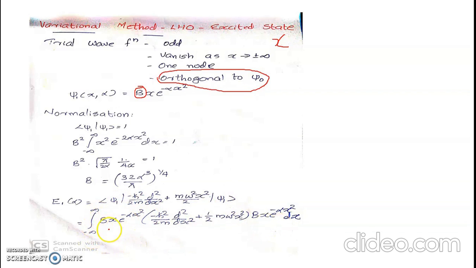Integral from minus infinity to infinity of psi1, b x e raised to minus alpha x square, Hamiltonian, b x e raised to minus alpha x square. Now there will be two different terms, this one and this one. That is b square taken out, integral from minus infinity to infinity of minus h bar square by 2m x e raised to minus alpha x square d by dx of